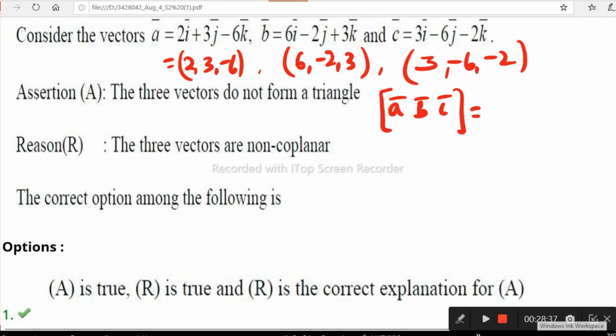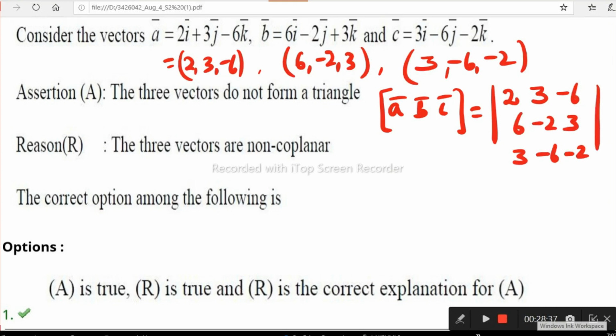బాక్స్ ABC అంటే తెలుసు కదా, ఇక్కడ ABCలో IJK లీనియర్ కాంబినేషన్ ఉన్నాయి కాబట్టి డైరెక్ట్లీ వీ కెన్ టేక్ ది డిటర్మినెంట్. First row as 2, 3, -6 from the A vector. Second row as 6, -2, 3, B vector. Third row as 6, -6, -2. This determinant we have to check. Okay na? Can you find out the determinant? First one, 2 into (-2)(-2) plus 4... with -3 into 3, -6 into 3, that is -8... minus plus 18.